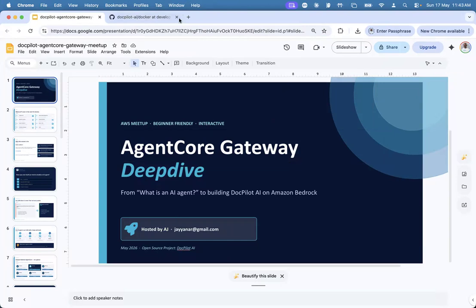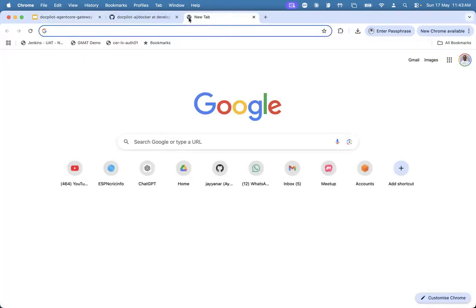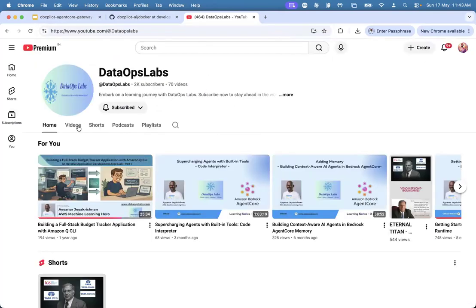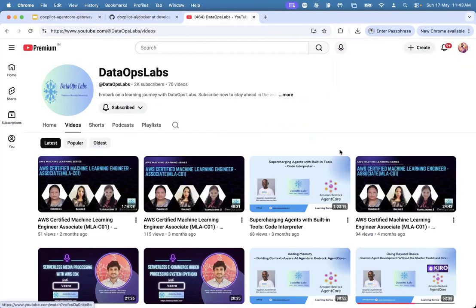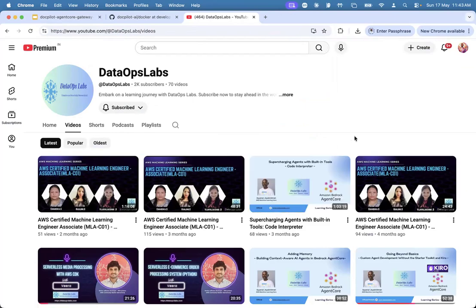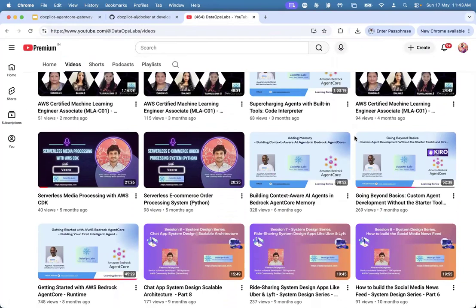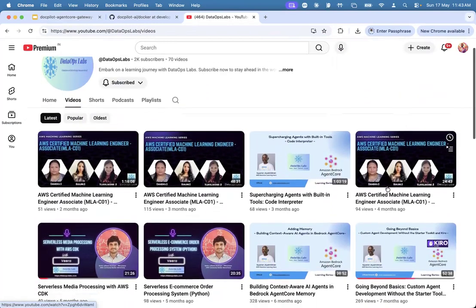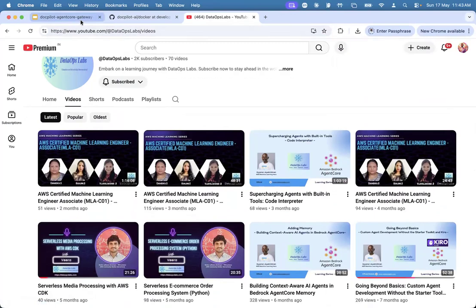In the previous session we had a very good response from everybody, so let me go through our previous sessions. Last session we did the code interpreter. I gave the complete walkthrough on the code interpreter end to end. We ran through huge notebooks, how it runs with the code interpreter, with the sessions and everything. In the same way, with Agent Core, we created the context of our Agent Core. Today, we are going to focus on the Agent Core gateway.